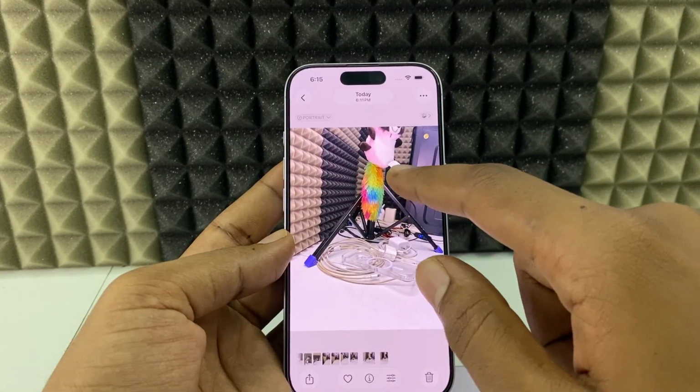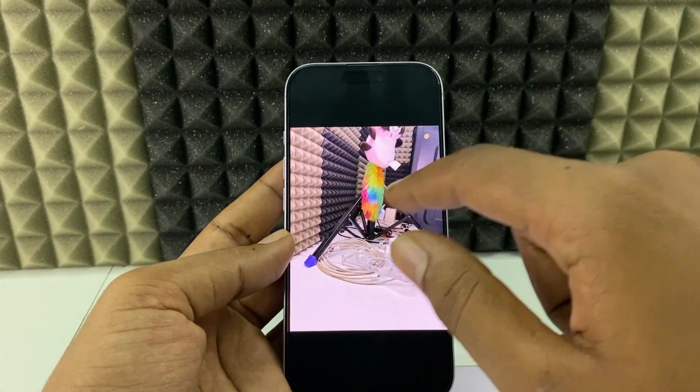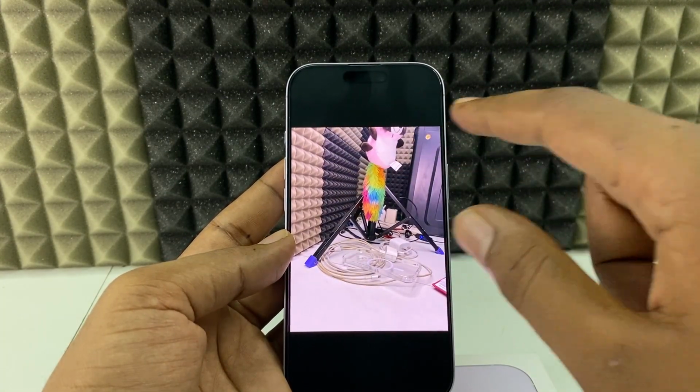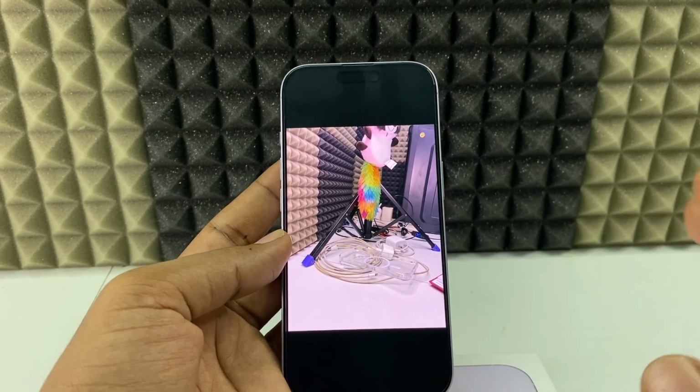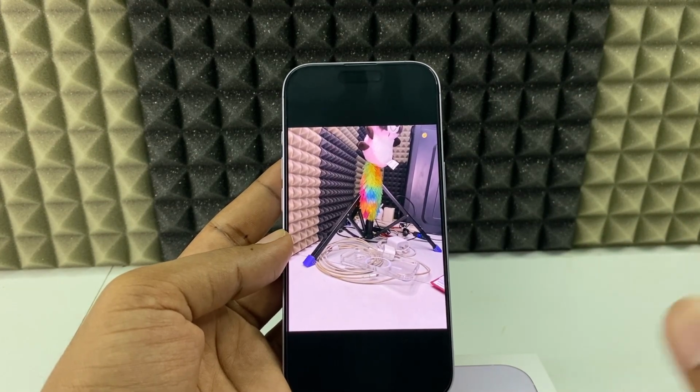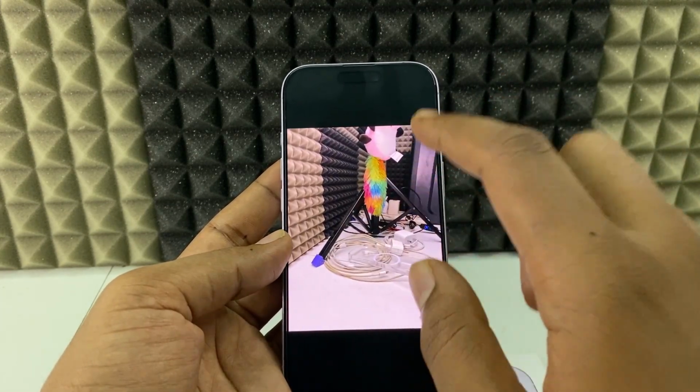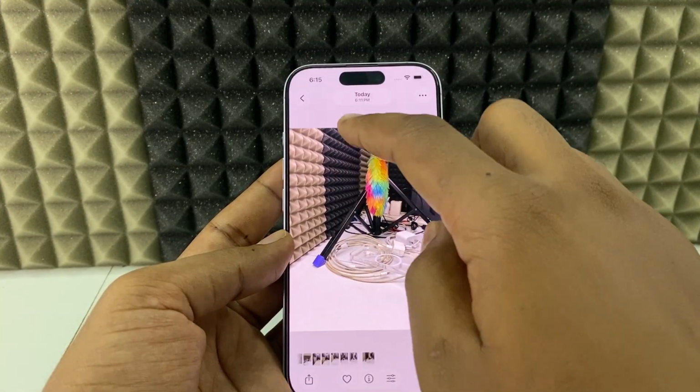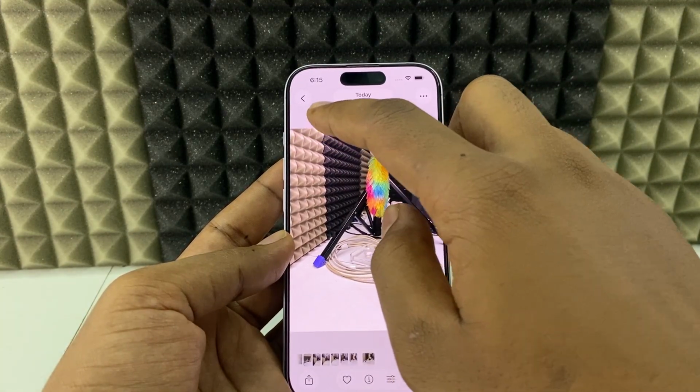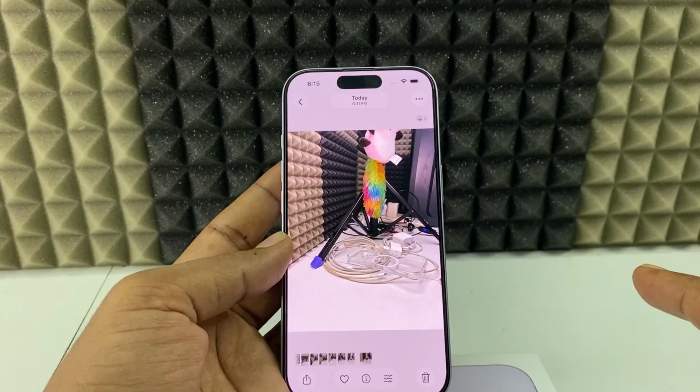So here you can see the blur was cleared on this side of the photo, so it's converted into a normal photo. That's it. But this is another photo, and here you don't see that portrait option, because